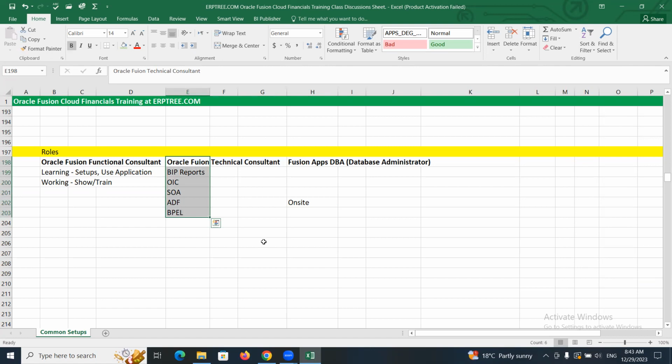Most of the technical consultants will work from offshore. If required as per the project need, they'll travel to on-site also. But 90% of the functional consultants will have an opportunity to travel in every project. If multiple consultants are there, one or two or all, depending on the project size, the functional consultants can easily